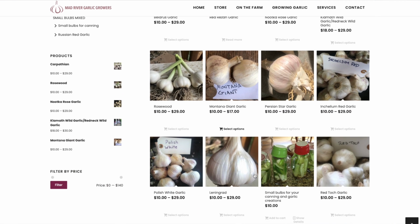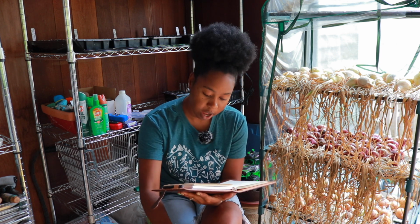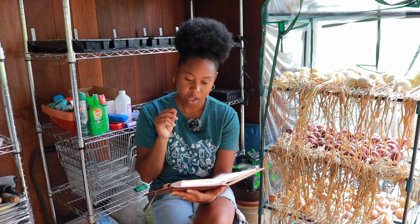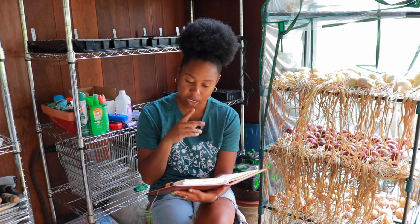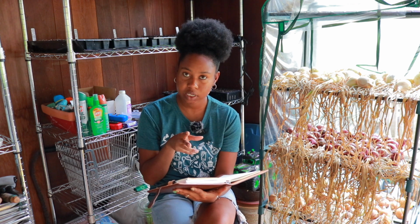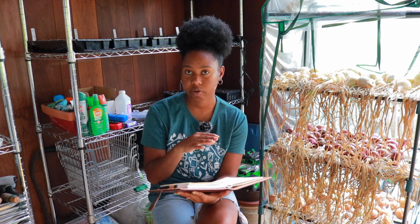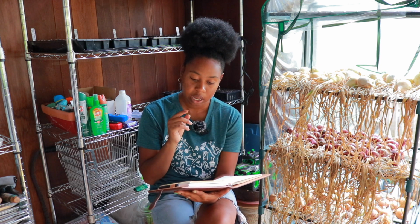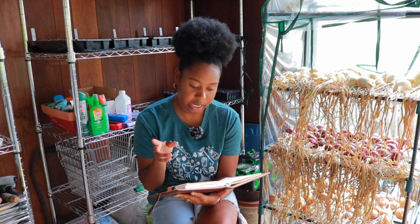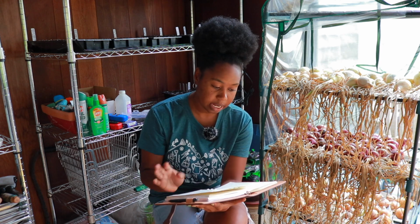But apart from that, I'm going to be planting out a lot of cool weather crops: carrot, broccoli, cabbage, beets, cauliflower, onions, garlic, and I'll be doing some celery, but more about harvesting my celery and then replanting just the roots. Bok choy, collard, spinach, and lettuce, as well as kale. Those will be in my green stalks. So I had made a plan